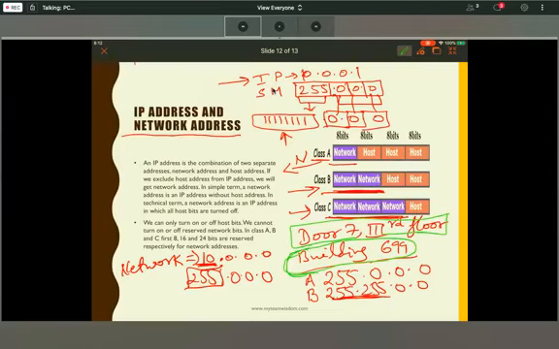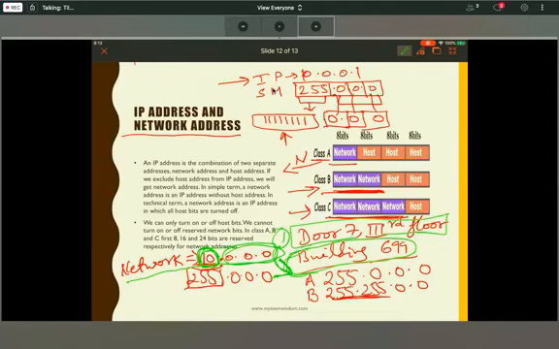This is my network ID. In the network ID, the network part is all 1 or from 1 to 255, and the other part is 0. You got my point? Yeah.